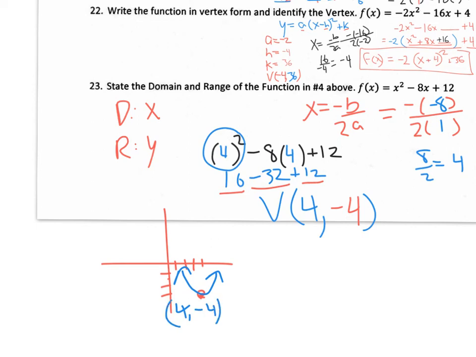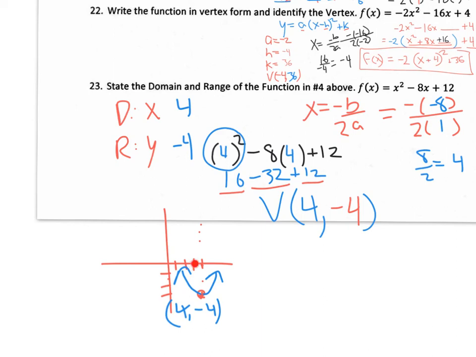The most important point, 4, negative 4, has an x and a y within that coordinate. The x value is 4, so I'm going to put it over here where the domain is at with the x. The y value is negative 4, so I'm going to put that negative 4 up there where the range is at with the y. Now the question is, what inequalities belong between the x and the 4 and the y and the negative 4? If we think about the x value first, which is going right through the x value of 4,